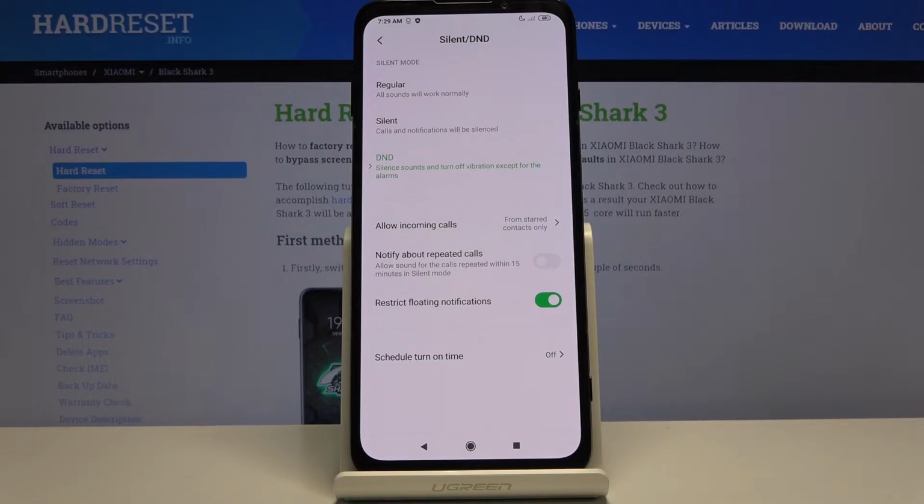So if anybody calls you twice within a 15-minute period, you will get notified that they're trying to reach you, no matter what the allowed callers is set to. So you could have it set to no one and you would still get notified. And then you have restrict loading notifications, so this will just kind of hide the notification popping up, and schedule